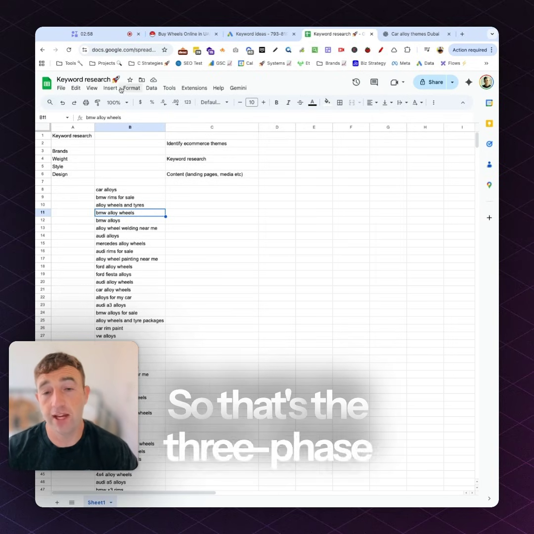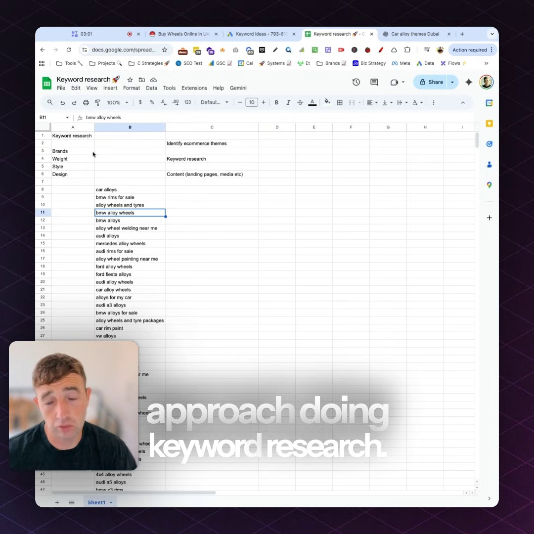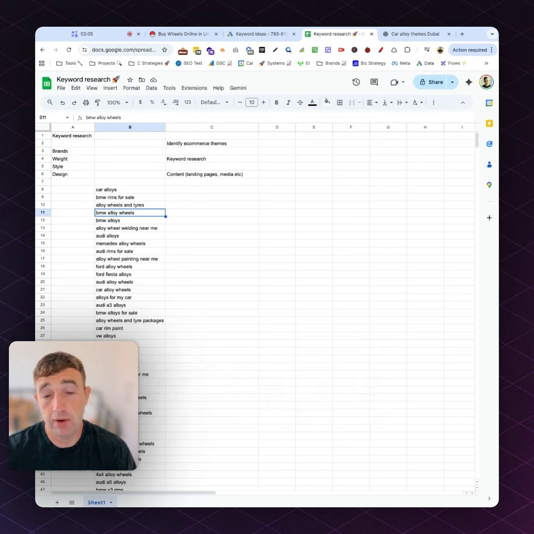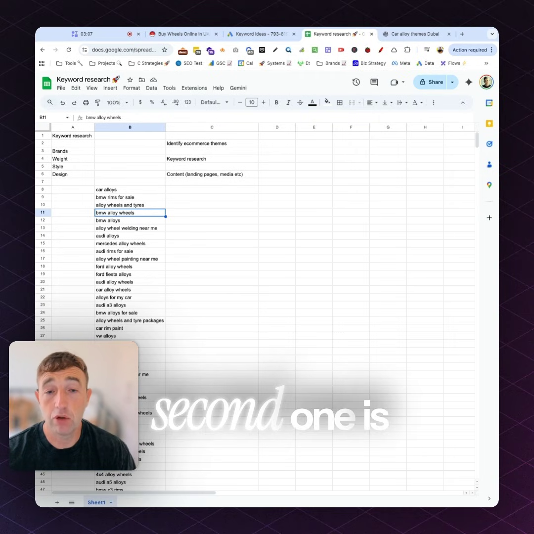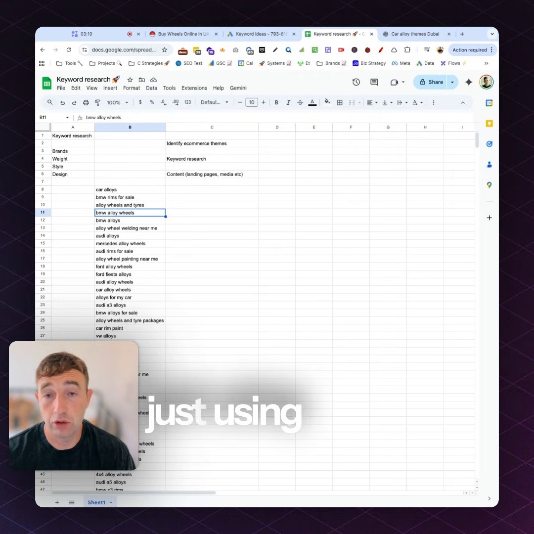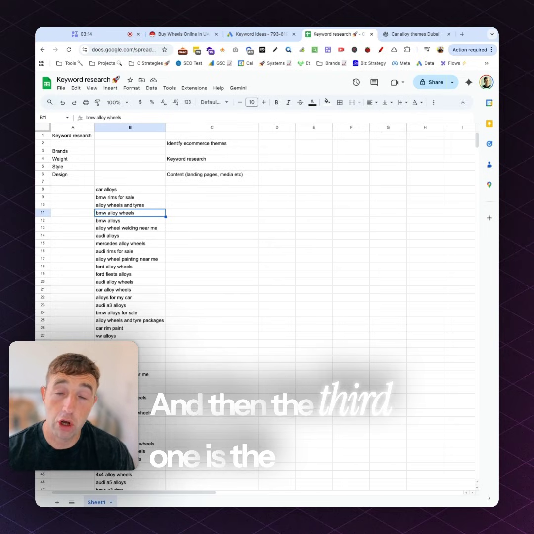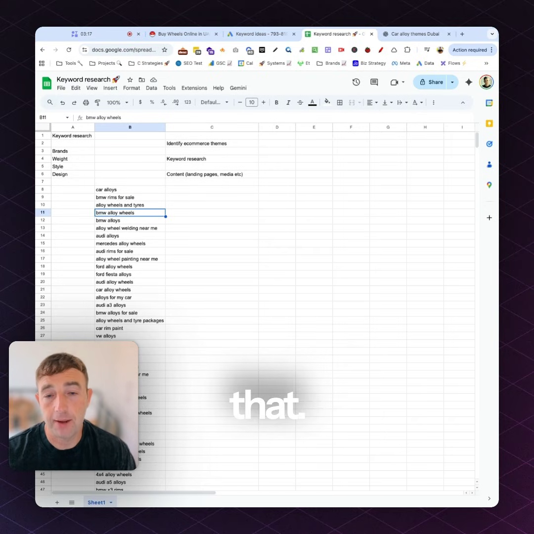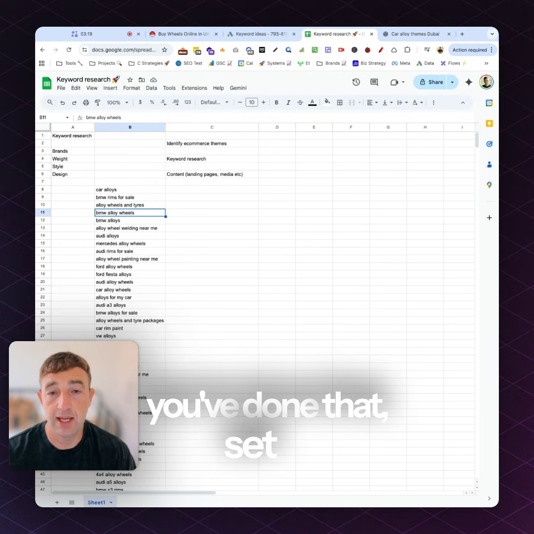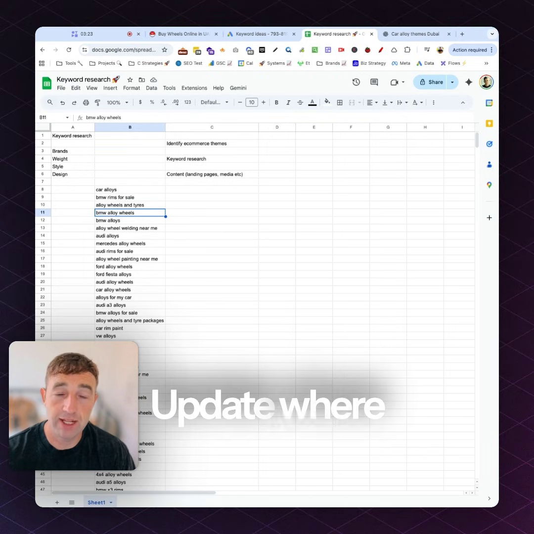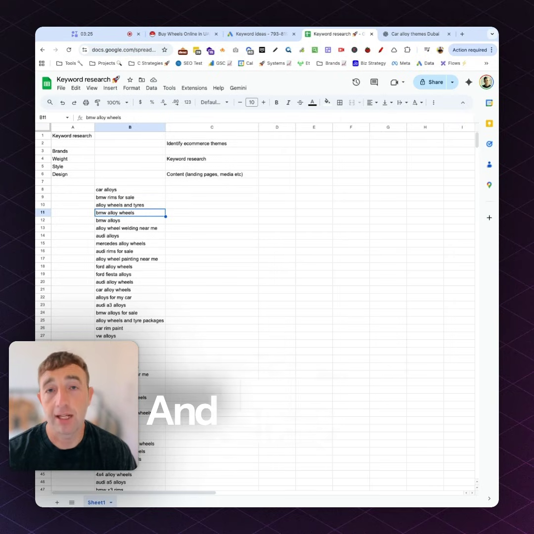So that's the 3-phase approach of doing keyword research. Really easy. So identify your e-commerce themes, whatever niche you're in. Then the second one is to do the keyword research, again just using tools like GPT, Gemini, etc. And then the third one is the content, or the building phase around that. And then once you've done that, set it, create annotations and track the performance, update where necessary, delete where necessary. And that's how you build an